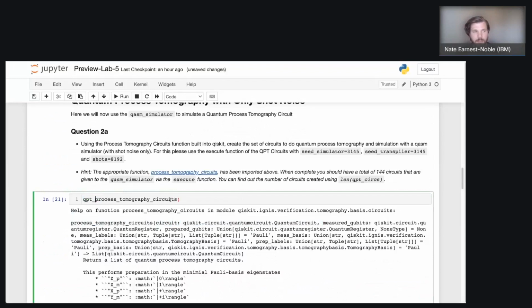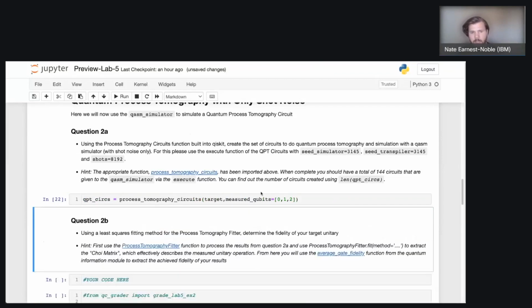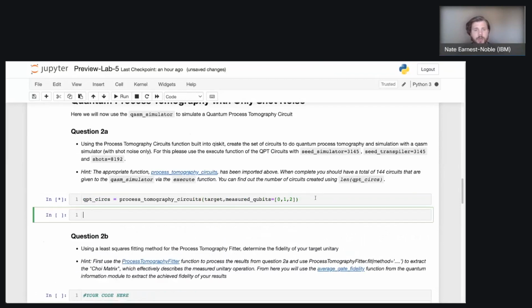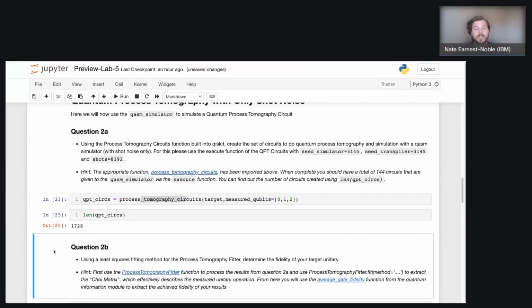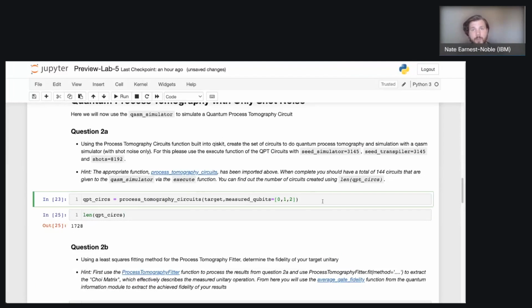We're going to say QPT circs equals process tomography circuits. This is where we have targets. Measured qubits equals, now we're going to be measuring qubits 0, 1, and 2 in this case. So this QPT circs is going to generate a list of circuits. If we go ahead and look, here we can see that it's 1,728 circuits in total. That is the total number of circuits that you actually need to execute process tomography on